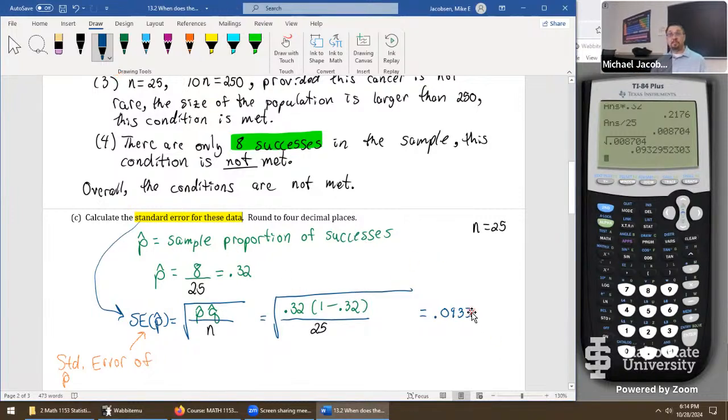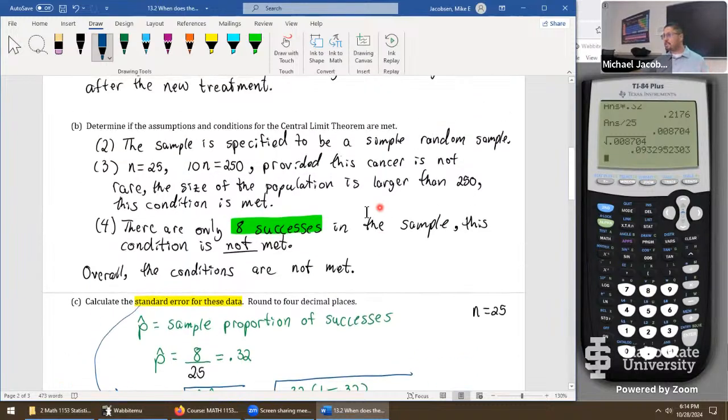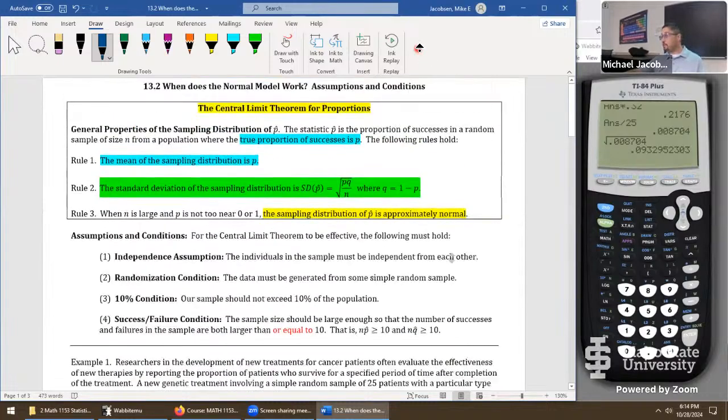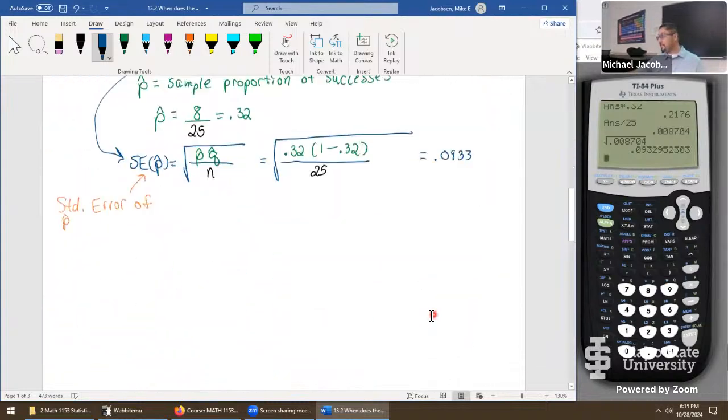Well, any questions at all, folks, coming up with the number? Awesome. So that's so far the process for a random statistical problem where we know we're dealing with categorical data with successes and failures, only 2 outcomes. First thing we want to do is check conditions. Next thing we want to do is calculate these two values and the standard error. After that, we use the central limit theorem over here to get what we'll call a critical number and put it all together. So we're getting very close, just a couple steps to go for the full procedure.